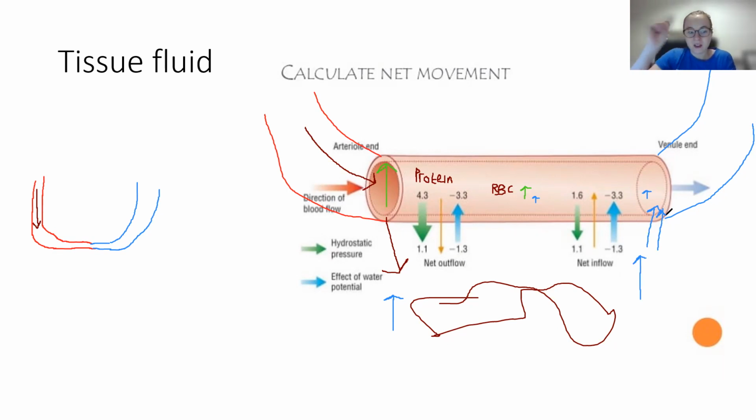That movement creates pressure, because we're adding things back into a vessel. So we're decreasing the volume left within the vessel, so we're increasing pressure. So the movement of water also increases the hydrostatic pressure at the venule end. So water moves back in, so we're increasing the water potential and the hydrostatic pressure. And then our blood starts moving up our venule and moves back, and we all know about that,